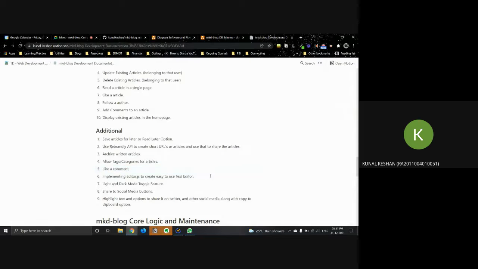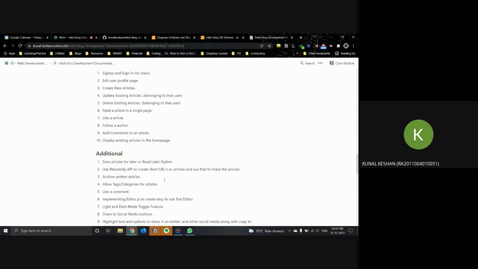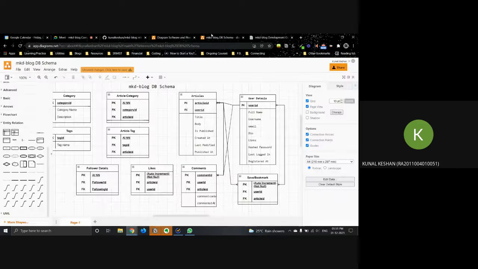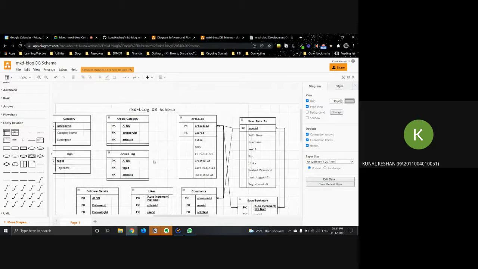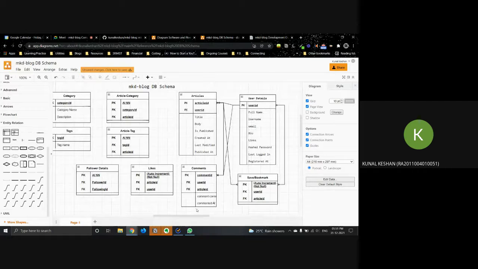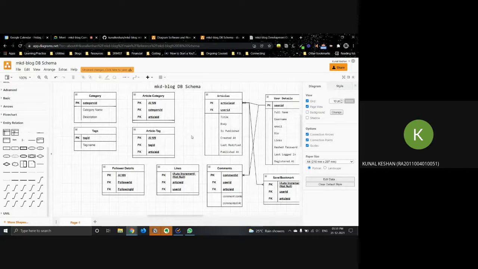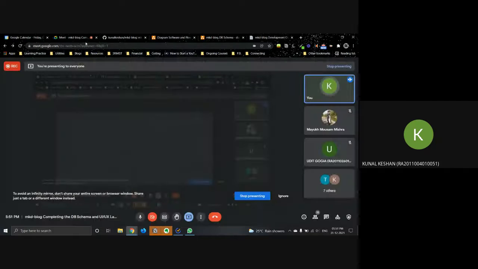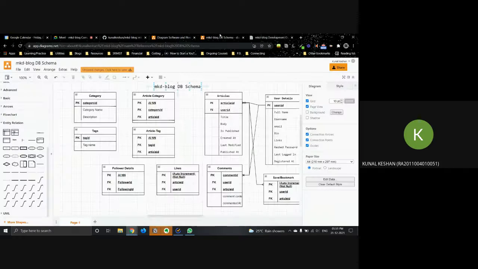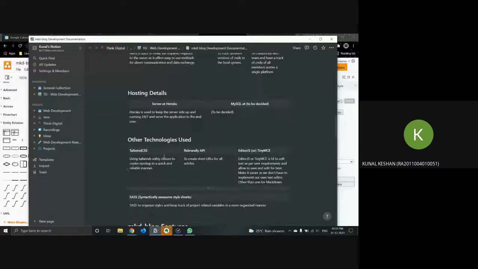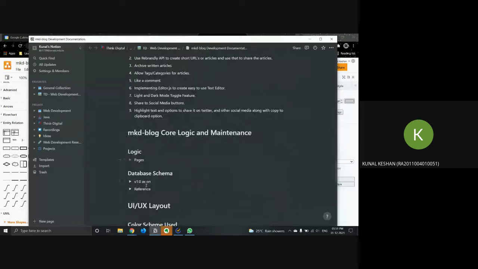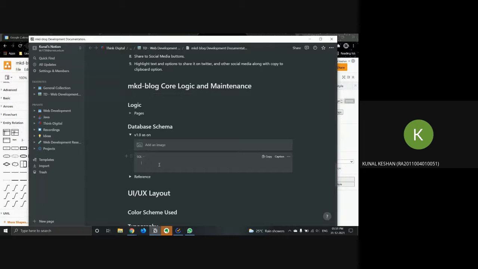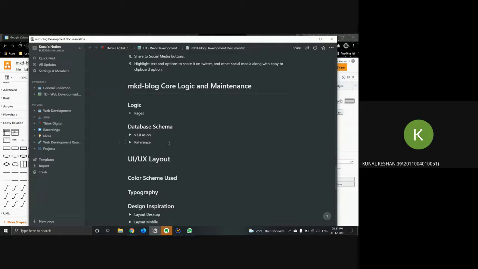All right. Like share, all this is all UI features. We don't have to worry much about it, right? So we have pretty much finished the database schema for the minimum viable product that we're looking for. Any doubts with this? What I will do is I'll take a screenshot of this and put it over here. Okay, so database schema as of today. Obviously we might update it in the future, and we will try to come up with SQL queries for it later on.